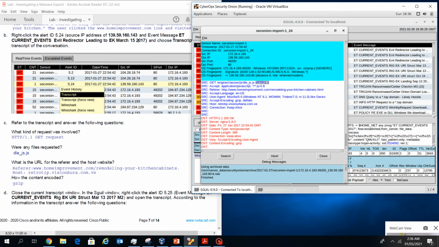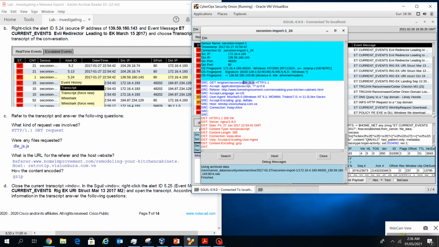Where was any file requested? Yeah, they requested here. This is the file requested, .js. .js means it is a JavaScript file. And then what is the URL for the